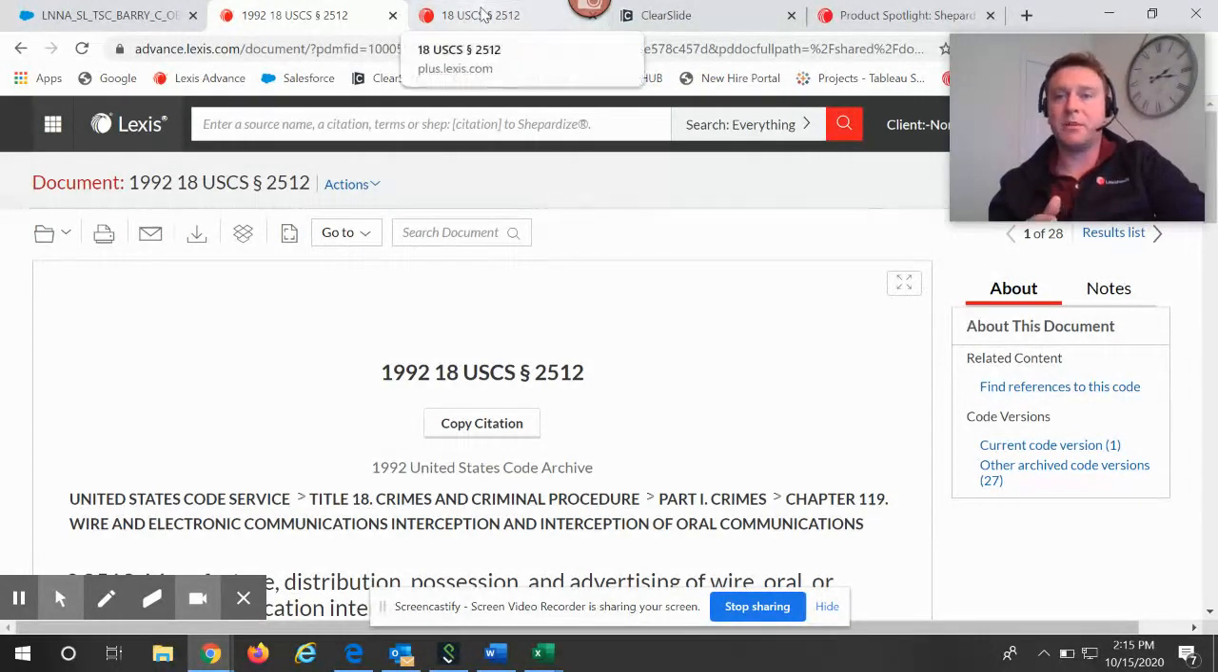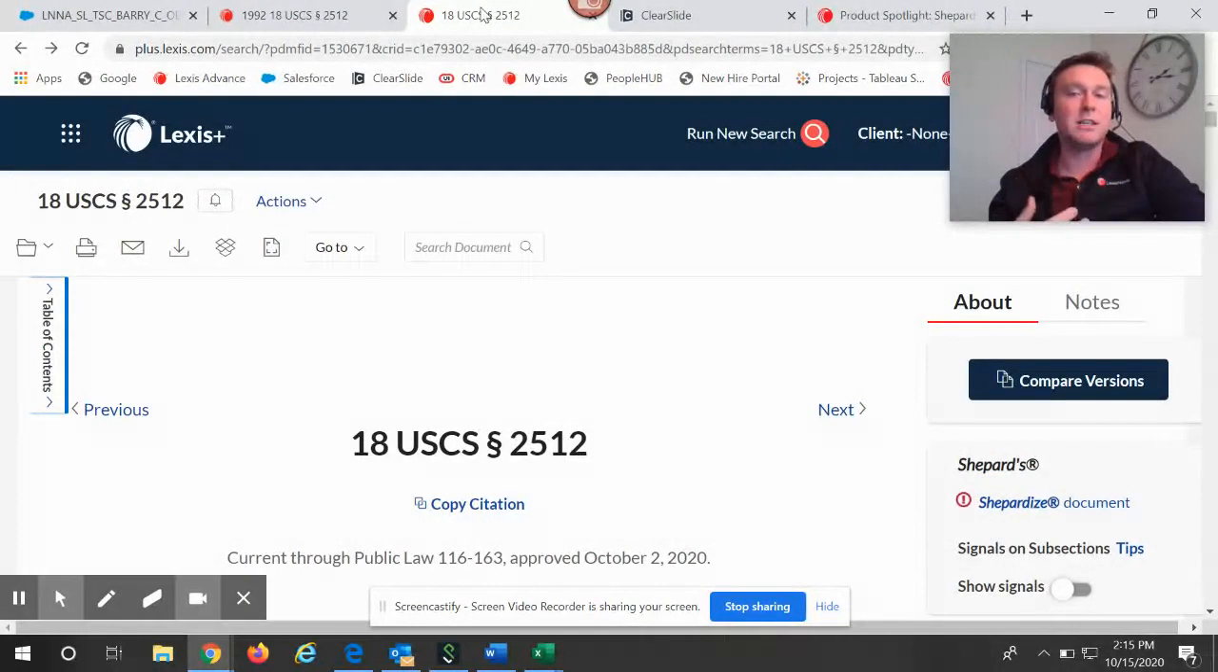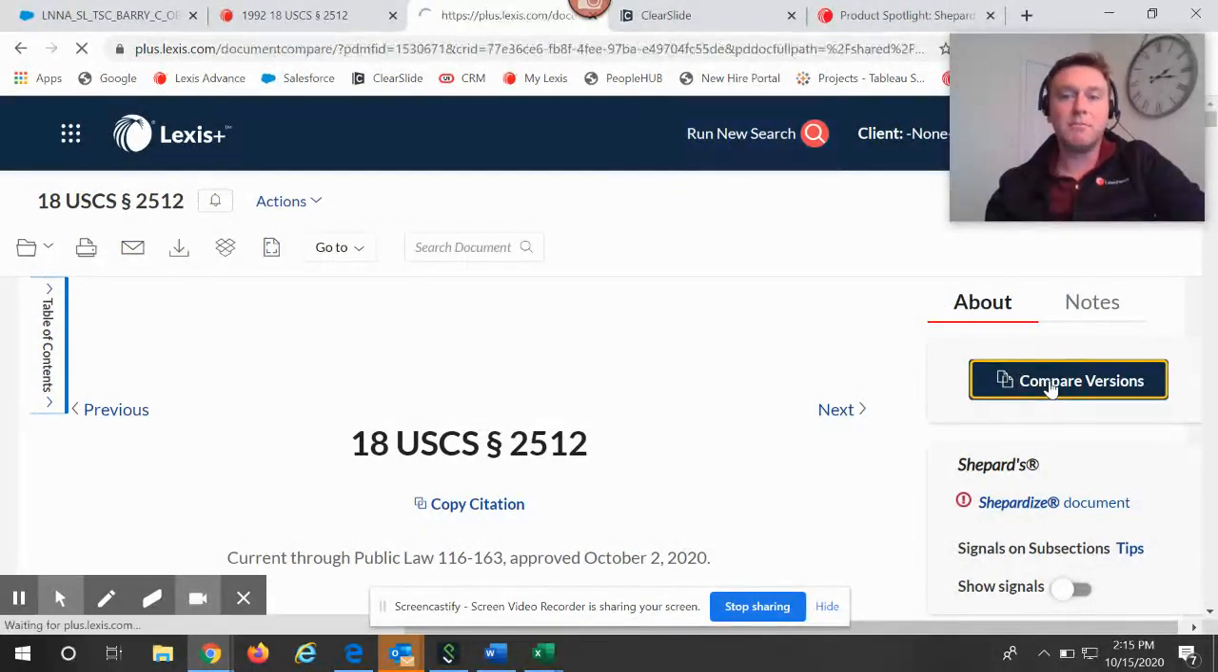On this tab up here at the very top, I have Lexis Plus, our newest product. On my screen is the same code I had on the previous page, 18 USCS section 2512. If I want to compare the 1992 version to this current effective one, all I have to do is, on the right, click on Code Compare,